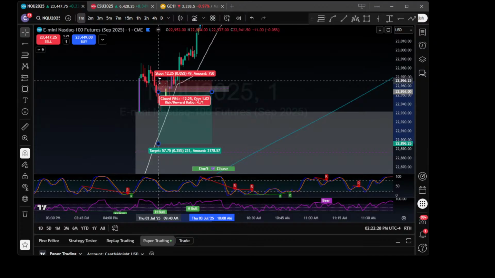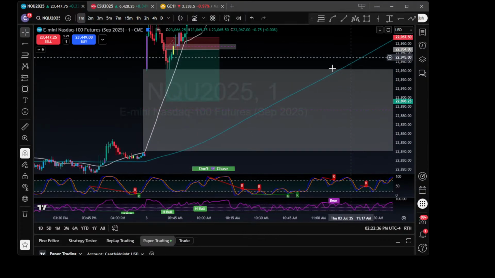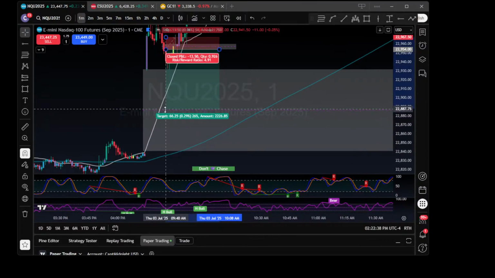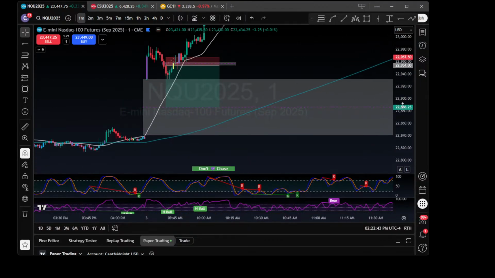See, this is what makes it difficult, is you have that fair value gap there. Say like a 55 stop loss. Take profit would have been all the way down here. That would have been a good risk reward. Yeah, it would have been a five.